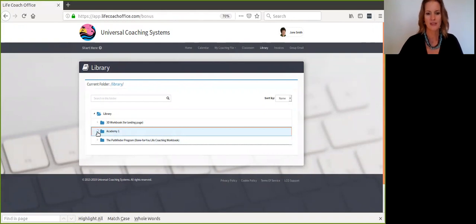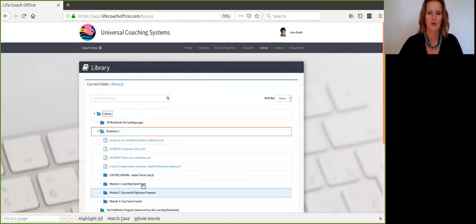So it's things like policies or any live recordings that might just be audio files, any workbooks. I'll probably also link them to lessons in the classroom, but some people really love to go to a file structure like this and find what they want. So I have both options available. Let's see, if we go back to the home page,